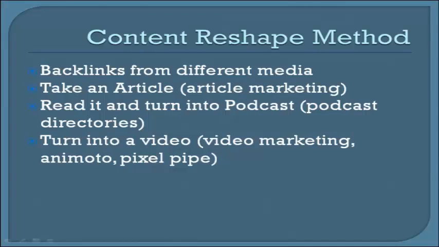You could use Animoto. If you go to animoto.com, you can take a paragraph, like one of those ways or one of those steps, and turn it into a video. You don't have to put all the 5 things into the video. You can just put one thing, create 5 different videos, and then for each of those videos, use something like pixelpipe.com or Traffic Geyser. I wouldn't really recommend TubeMogul anymore, just because TubeMogul has changed and they're kind of strict in terms of marketers and such. So Animoto, create the video.